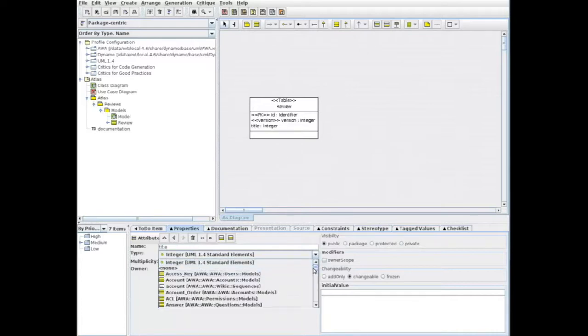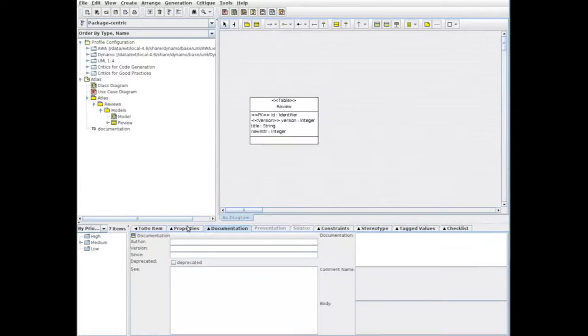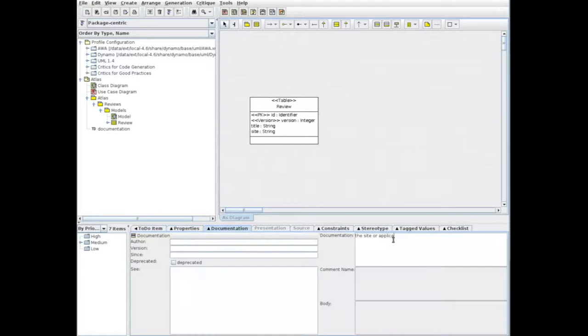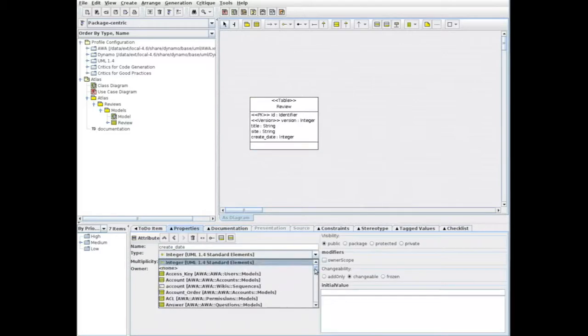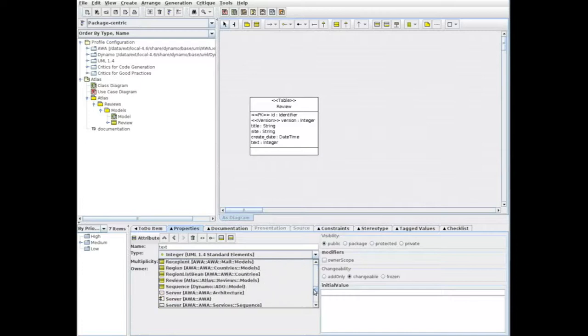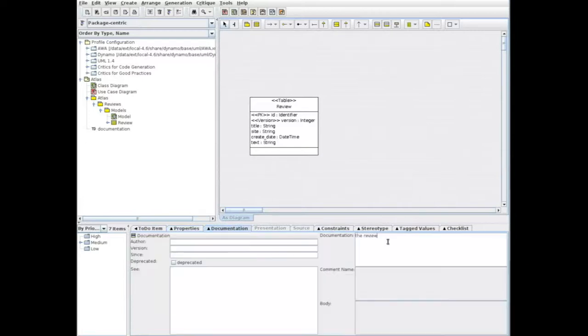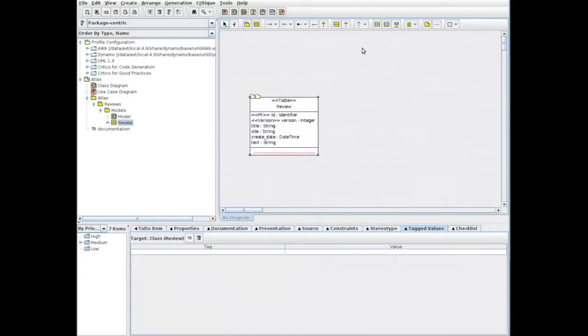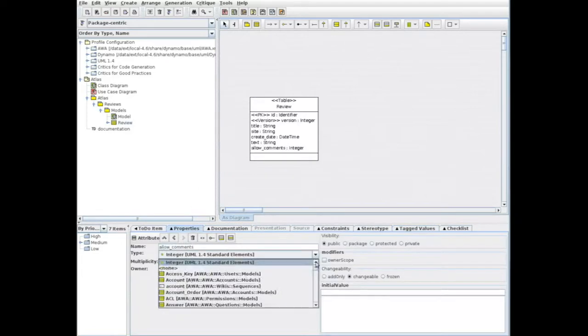We add a title, which is a string, a site, which is also a string, the creation date, for which we'll use a date time, the review text, which is a string, and we will put a specific attribute to control the length, and allow a comments attribute.